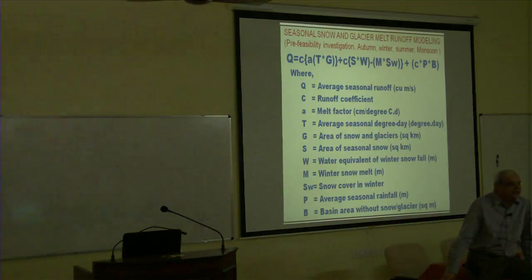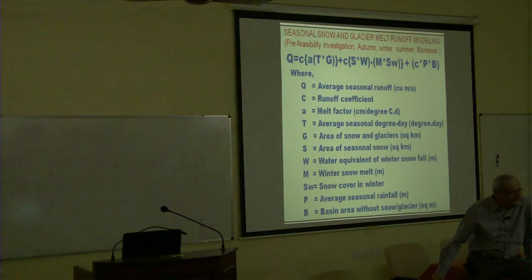In summer, this model assumes most of the runoff is coming from snow melt. So you know at the end of winter how much water equivalent in each altitude zone is left after winter melt. Then you move on to monsoon, which is a different ball game, and then you move on to